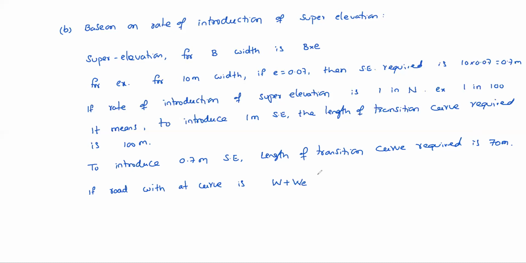If the road width at the curve is W plus WE and the rate of introduction of superelevation is 1 in n, then the length of the transition curve is